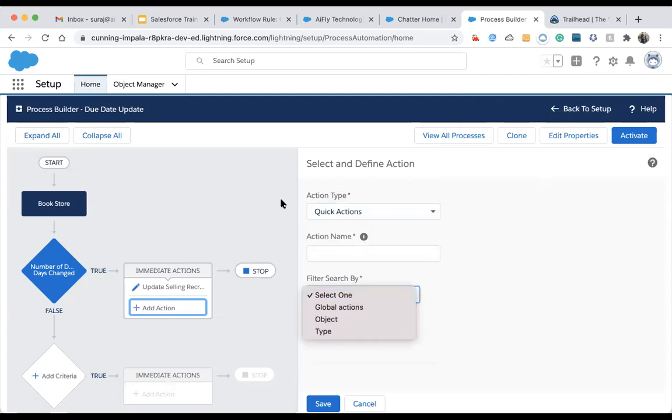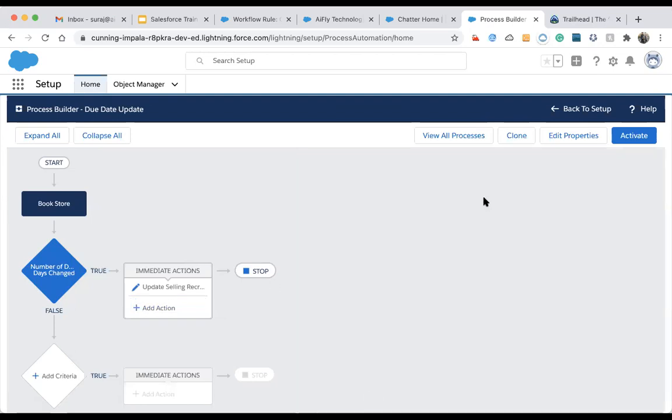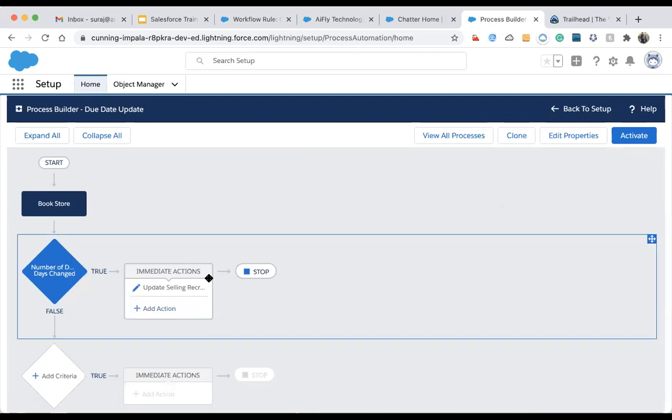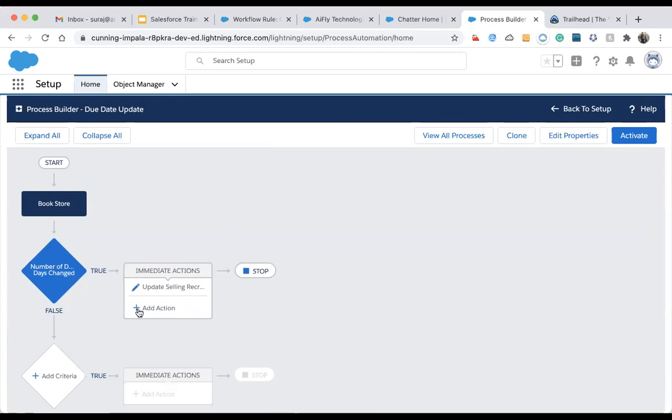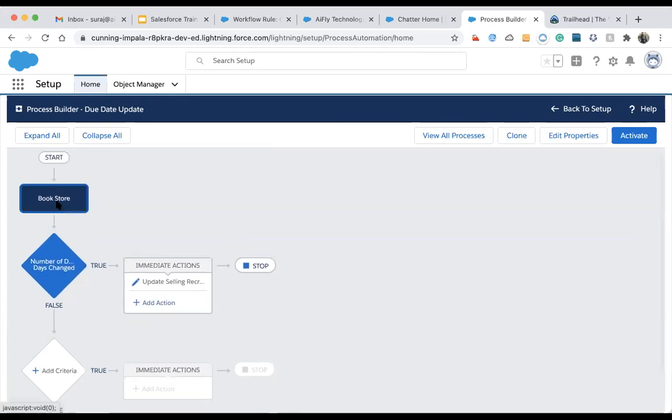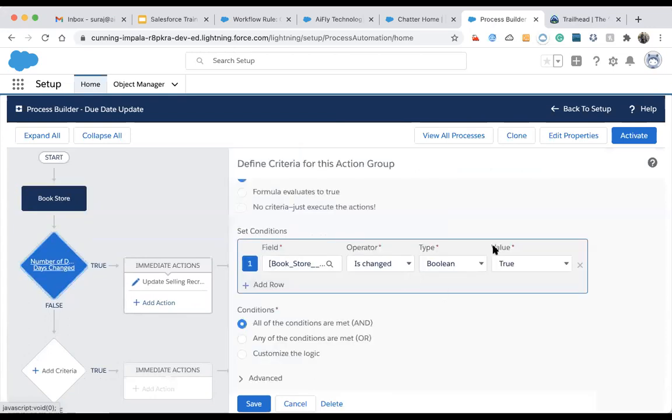Okay, so I'm just checking that. Yeah, that's it. Whenever we make changes in the number of due days, it will update all the selling prices with the new due date values.